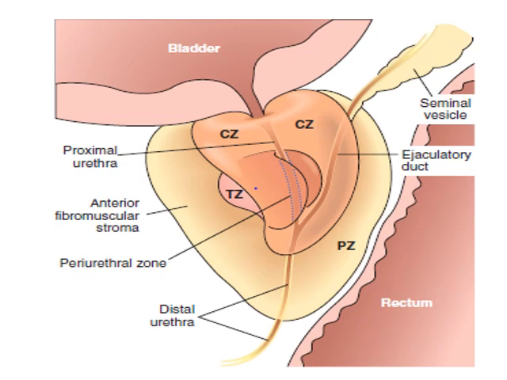In this picture, you can see how the prostate gland has been subdivided into different zones. The area labeled CZ is the central zone. It is seen surrounding the ejaculatory ducts. The area TZ is the transition zone, which surrounds the proximal urethra. Then we have the peripheral zone, labeled as PZ. It is the largest of all the zones, and it makes up most of the posterior and the lateral aspect of the prostate gland. Apart from this, we have the anterior fibromuscular stroma, which is devoid of glandular tissue.